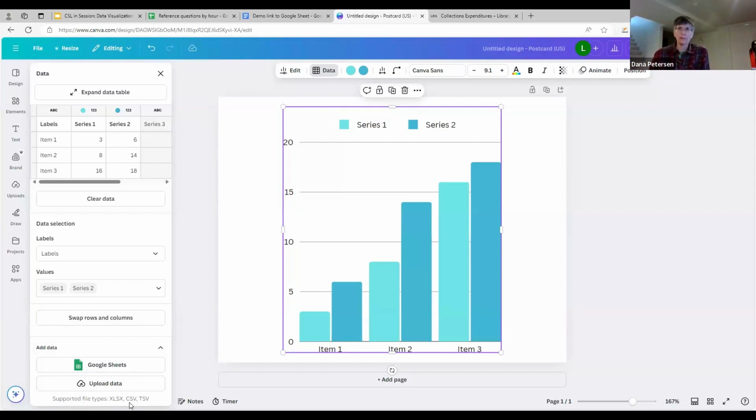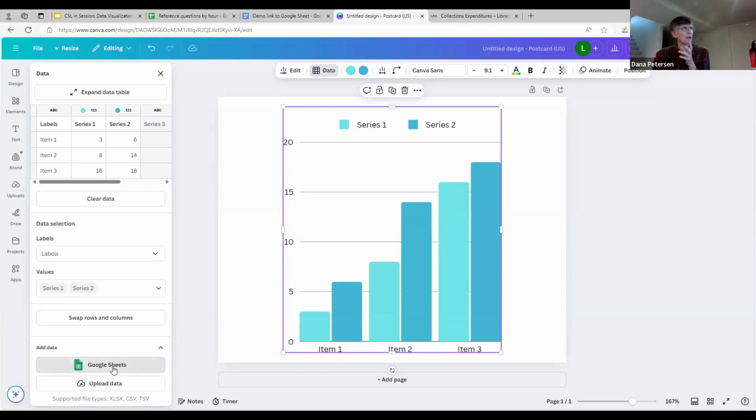I'm going to show you how to do the Google Sheet, but I need to put up a huge red flag here and a caution that Canva is an online tool. Google is an online tool. They talk to each other if we connect them and let them. If you have PII, if you have private information in your data, when you're giving Canva access to your Google Drive, you're giving them access to everything. So think through that carefully before you decide to do this, because there are privacy implications, and you'll see in a second.